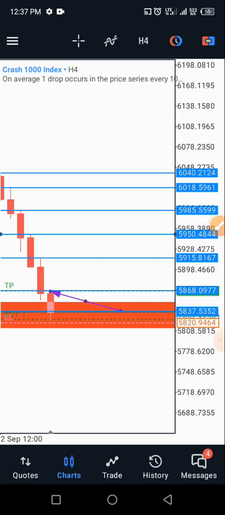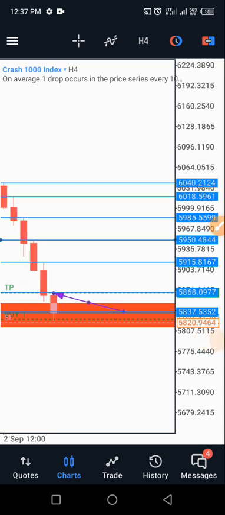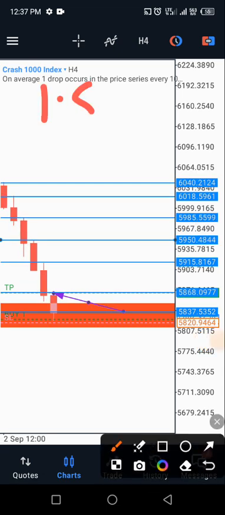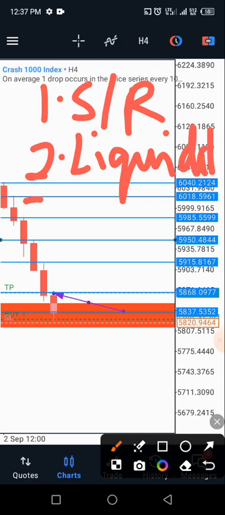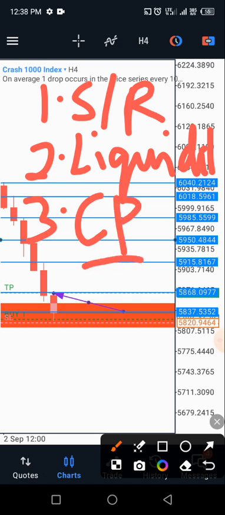Okay, so that will be the second thing for us to consider in the market. Remember, the first thing will be our support and resistance level. Okay, and then the second thing will be our liquidity level in the market. All right, and then the third thing, which will be the final thing that we'll consider, will be our candlestick pattern. Okay, our candlestick pattern will be the third thing we'll identify in the market for us to confidently take